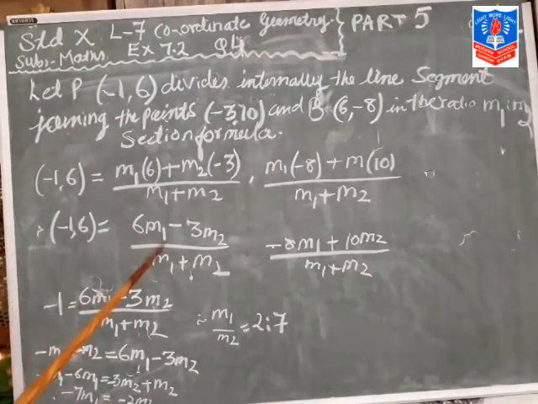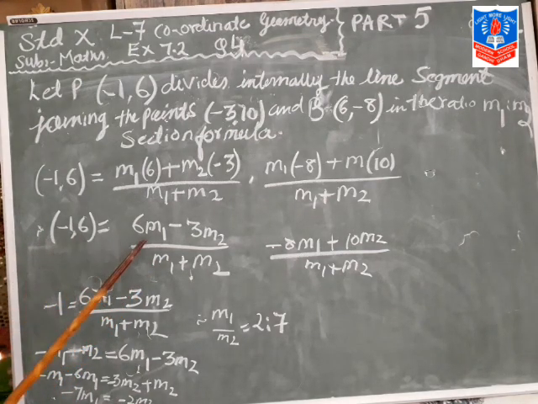Okay, so now first we will find out here cross multiplication. Clear? So when you multiply this, here we will write M1 minus M2. The minus sign will affect the right-hand side polynomial: equal to 6M minus 3M2. Clear? So M1 and 6M we are shifting from right to left, so we will write minus 6 minus 3M2, and here M2 minus becomes plus.